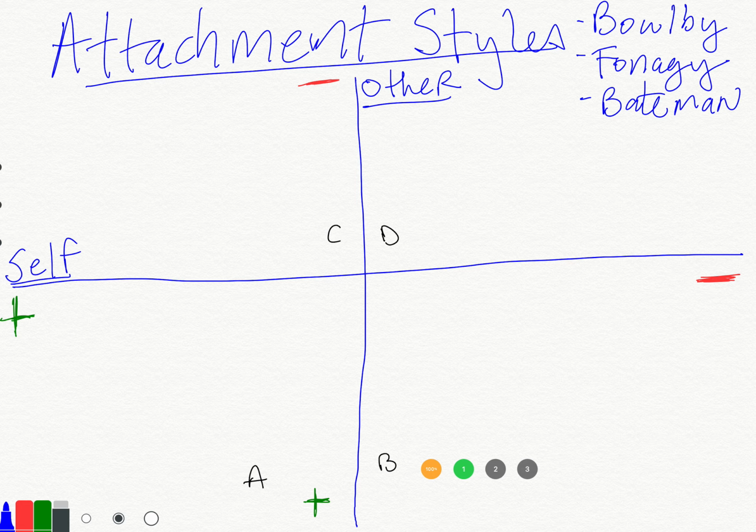But of the other pole, so self and other on the y-axis, other is the negative understanding of another, and perceiving them negatively is at the top of the chart here, and positively perceiving others is at the bottom. So using John Bowlby's descriptors, which he related attachment primarily to how the child was physically and geographically located to the caregiver, in terms of physical proximity when the caregiver was present and then left, I'll use those terms, so secure,